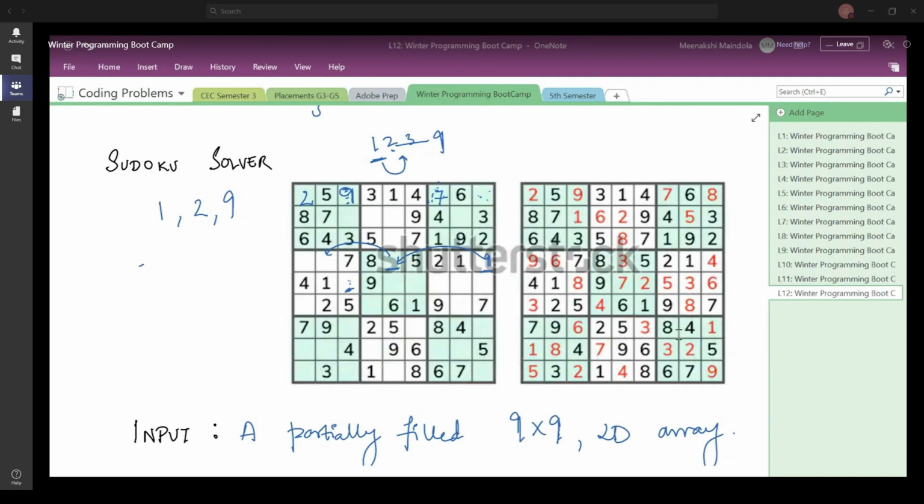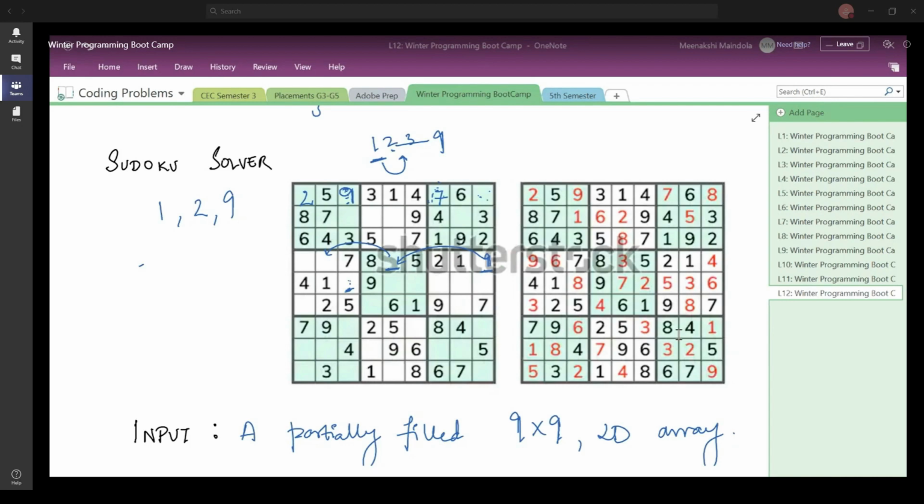Okay, so there is this question, how can we fill the empty spaces row wise if we have the submatrix, or we should fill it in the submatrix order? Now that is totally up to you how you want to do it. If you want to move ahead row wise, you can do that. You want to move ahead column wise, you can do that. You want to move ahead submatrix wise, you can do that as well. So this thing has been left to you about how you want to approach here.